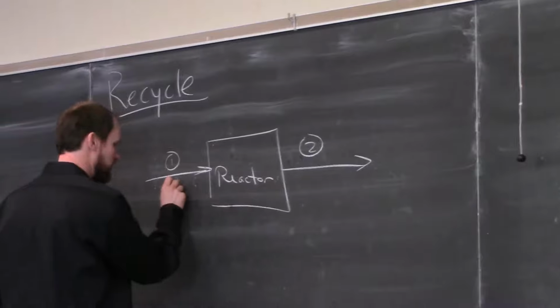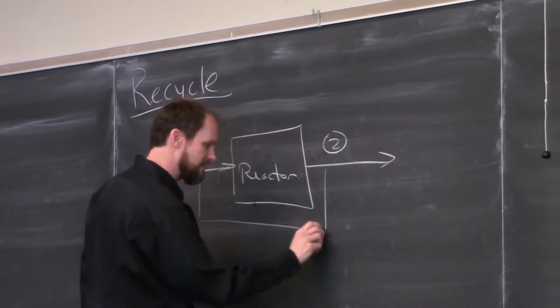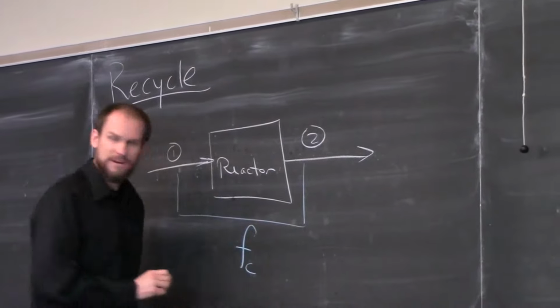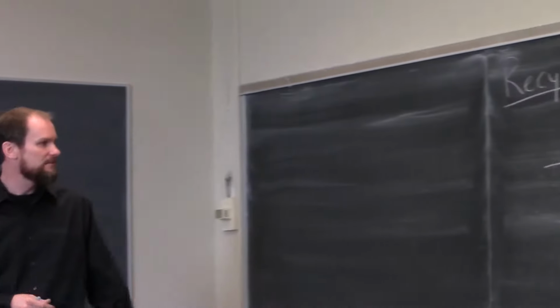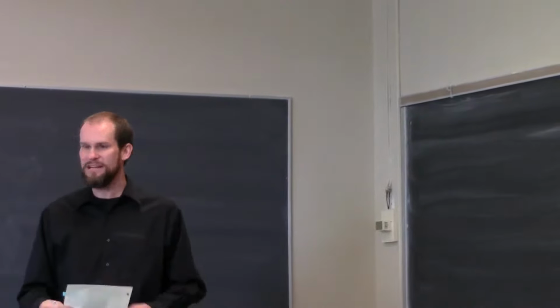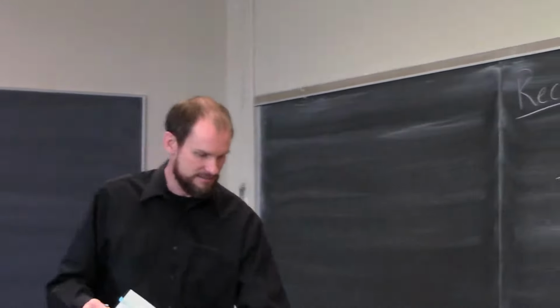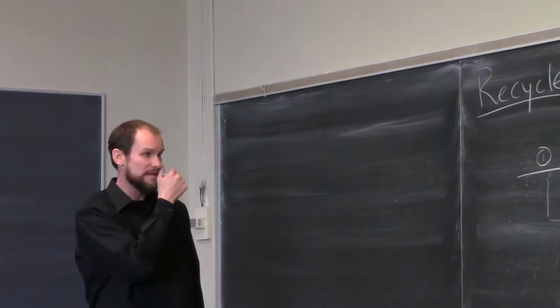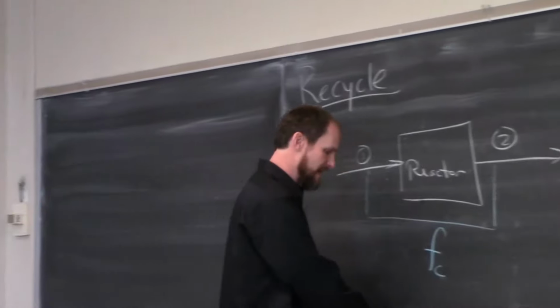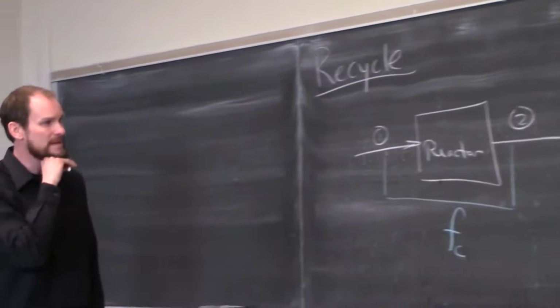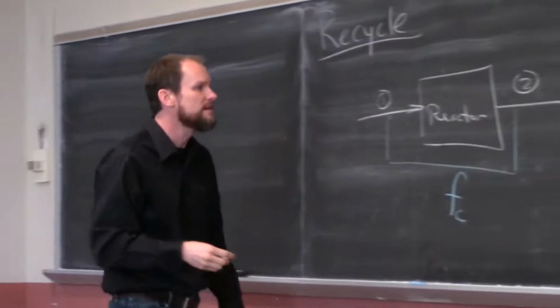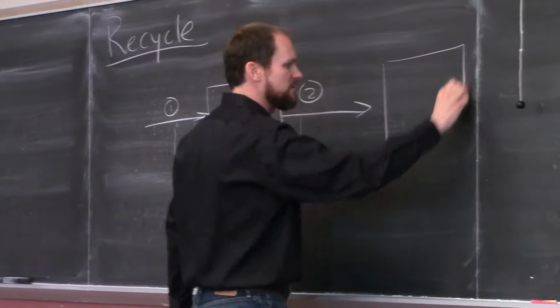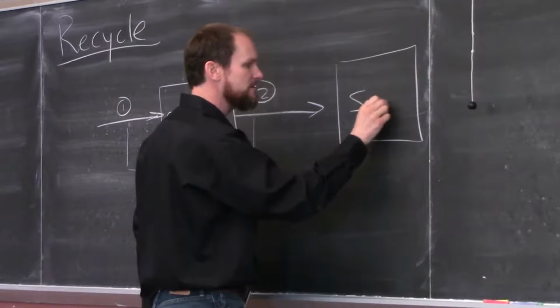We learned that we could look at what goes in versus what comes out, and we can calculate fractional conversion. And if it's 100%, that's great. All our reactants turn into products. If it's 10% and only 10% of our reactants turn into products, we have a lot of stuff coming out that we paid for, that we might want. So what's the solution? The solution is we want to put a separator,